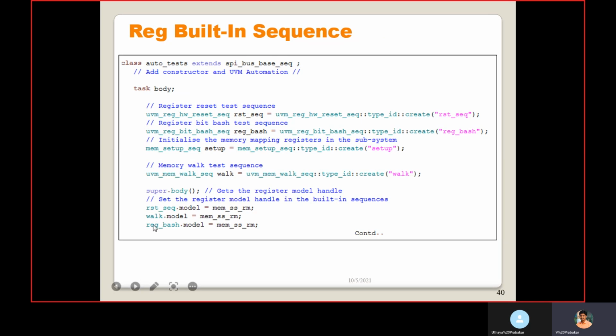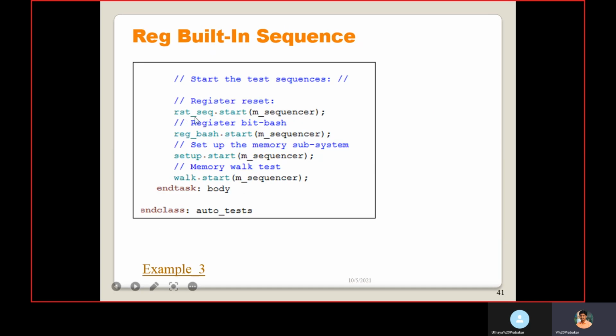So the reset sequence, mem walk and bit bash all have the default model. For that model, we need to map our register model. Once it is done, we need to pass this sequence to the sequencer. So reset sequence.start with the corresponding sequencer.